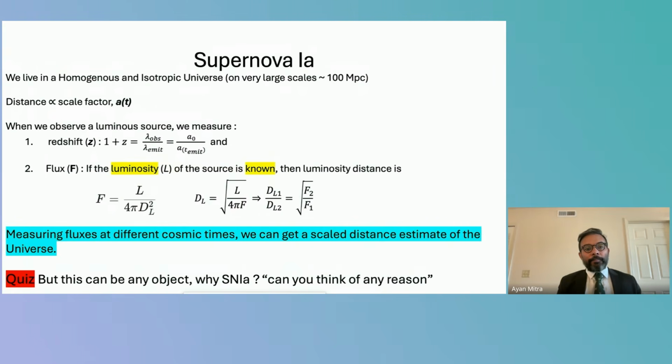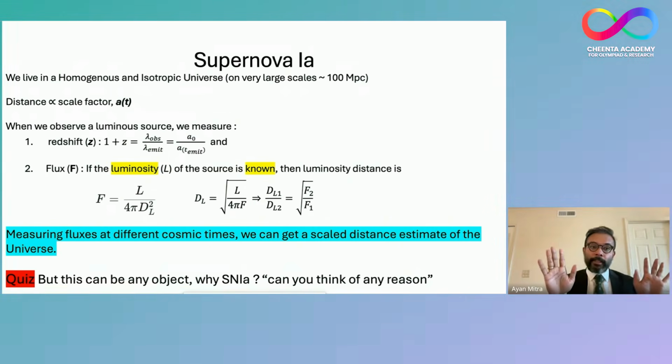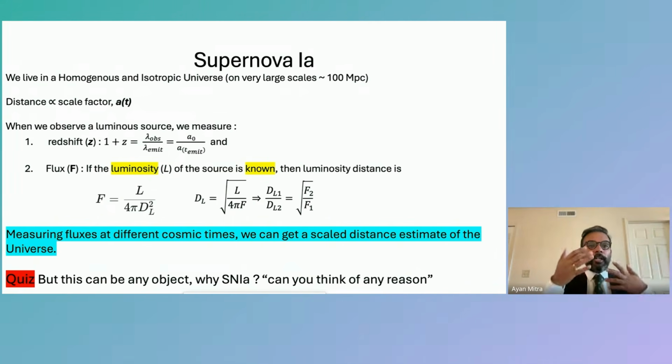Now the amazing thing is, because the universe is homogeneous and isotropic, we can use something called a scale factor. It's very much like a time unit or distance unit, but it is not a distance unit. But it is analogous, it's easier to understand that way. For example, let's say you are somewhere in Kolkata, maybe from Salt Lake to the airport you need to go, and you think, okay, I'll take the VIP. It's like 10 kilometers, plus minus. What you are actually saying is 10 times 1 kilometer, right? So it's the standard unit. The 1 kilometer we're talking about here, let's call it the scale factor of the universe.